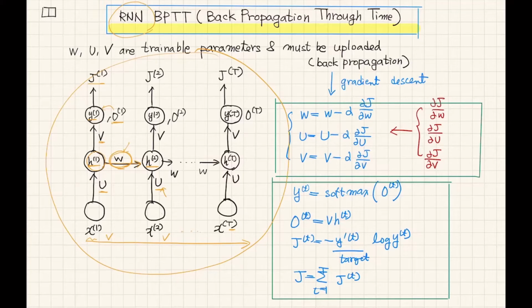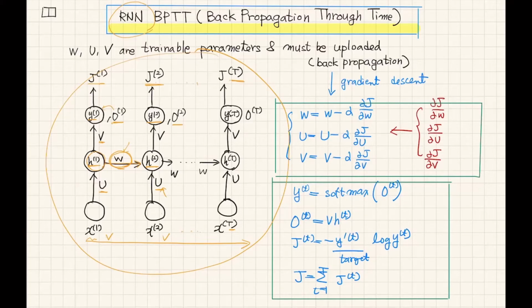Then hidden layer H2 is connected to output layer O2, and then by applying softmax, we can obtain Y2, and eventually we can obtain cost function J2. In the previous machine learning models, we usually have a single cost function, but in this RNN, we have cost functions from J1, J2 to JT. That is the basic structure of